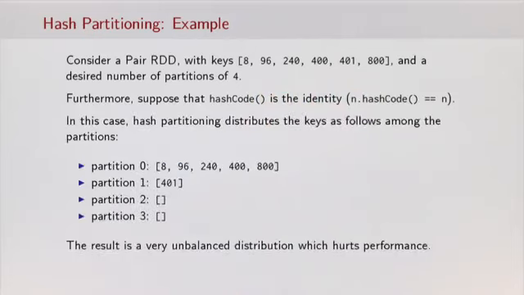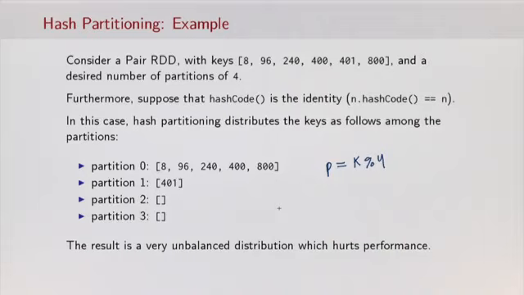So if we try to compute the partitions for each of these keys and we use the formula on the previous slide, then something wonky happens. This hash partitioning distributes our keys as follows amongst our 4 partitions. Remember, the goal of hash partitioning is to try and evenly spread out the keys, though it's possible to have situations like these where you have an unlucky group of keys that can cause your data on your cluster to